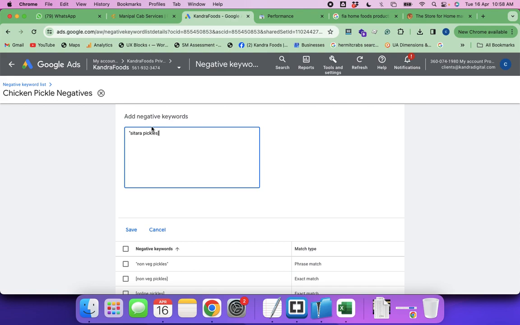But there is a possibility that they can click for chicken pickle. I did not get you. Could you please repeat it again? There is a possibility of them buying the chicken pickle also, right? When they search non-veg pickle, that's what your question is, right? Right. Yes. See now, when you are given an opportunity,